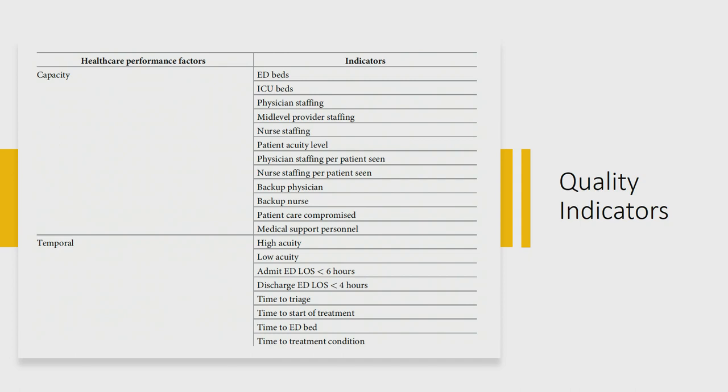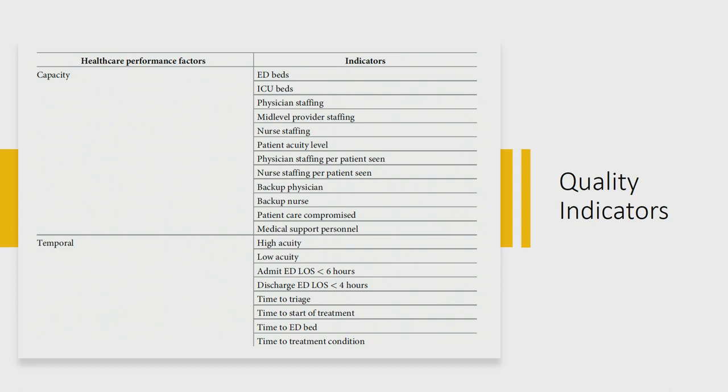Having mentioned the processes and the services required, how should we evaluate the quality of care given in emergencies? Quality of care can be assessed by various modes. Either you can assess the capacity, how well equipped the emergency department is to handle emergencies, like ED beds, ICU beds, physician staffing, or from the temporal aspect of the patient coming to the emergency, like high acuity,